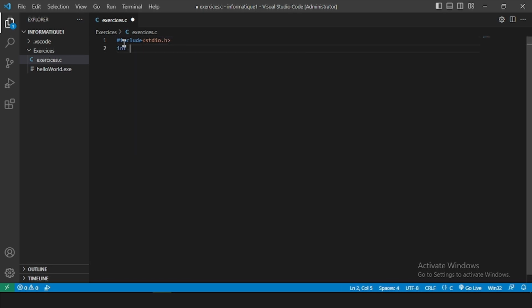Then do the main function, which is int main, and create a list. Let's say it has 6 elements. So let's choose some elements, for example 5, 6, 7, 8, 9, 0,